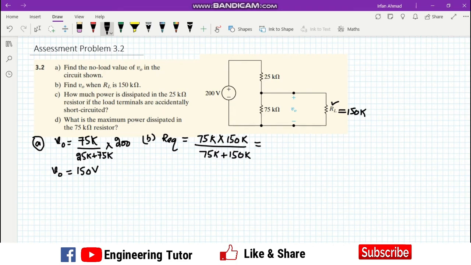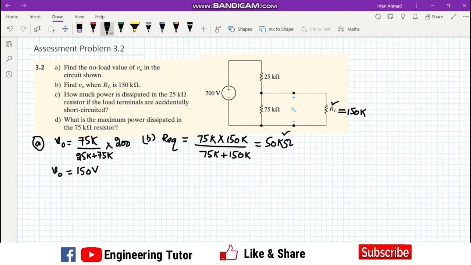Calculating this value, we get a resistance of 50k. We can also see that initially it was 75k. By connecting a very high resistance, this 150k, which is double the already available resistance, we can also see the